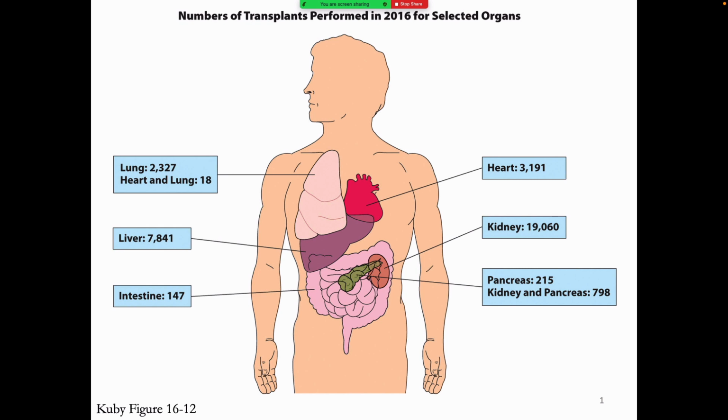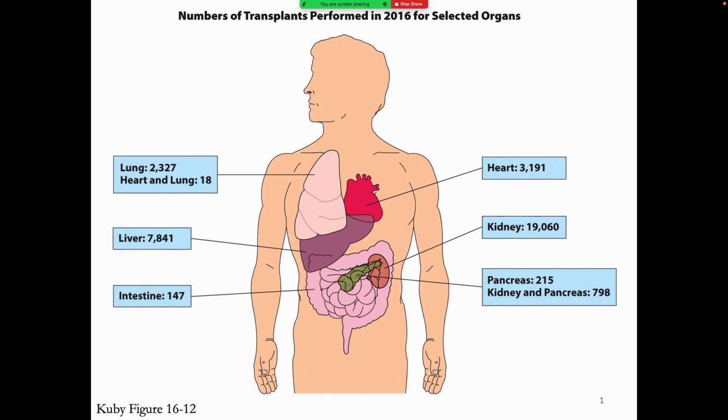We're going to talk about aspects of transplantation. And so that's where we're going right now. So this figure shows you the number of transplants performed in 2016 for some selected organs. What you should see here are these numbers to give you an idea of the frequency of what we're talking about. You can see heart transplants are happening at about 3,000 per year, 19,000 kidney transplants,